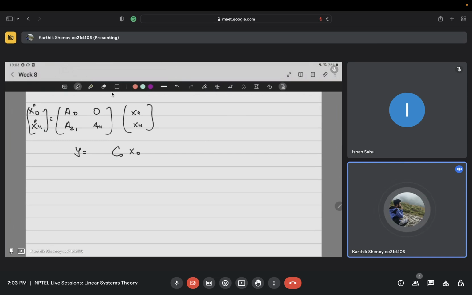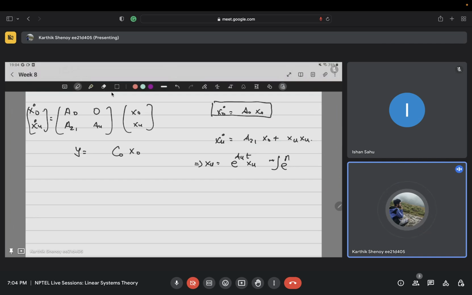What is my XO dot equal to? A observable, X observable. Okay, good. And what is this? A21 X observable plus AU X unobservable. So this is nothing but XU is equal to e raised to AUT XU plus some integral A21 again,